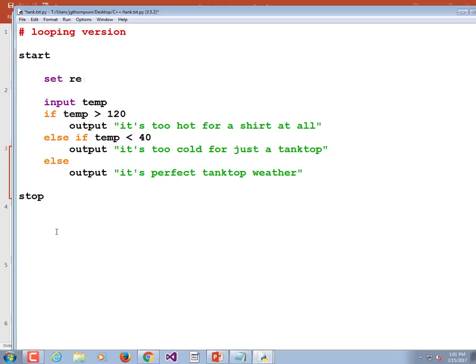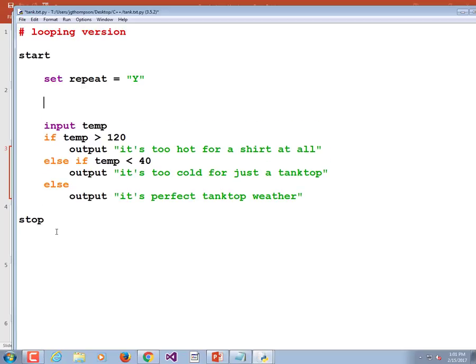Set repeat equal to yes. Now repeat is just a random variable name I chose. I could have called it Fred or continue or Barney or whatever. I just chose repeat because in my mind when I write the while statement, it's going to look good. While repeat equals yes,